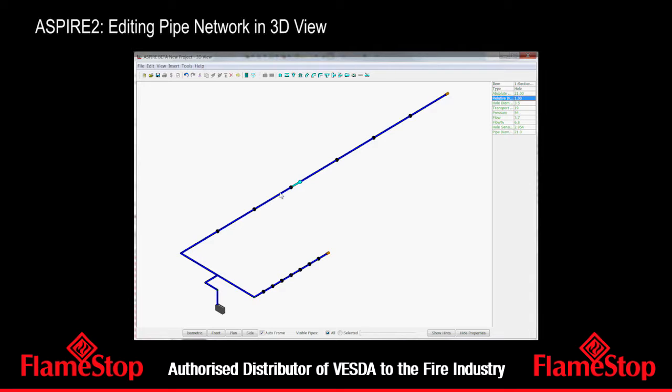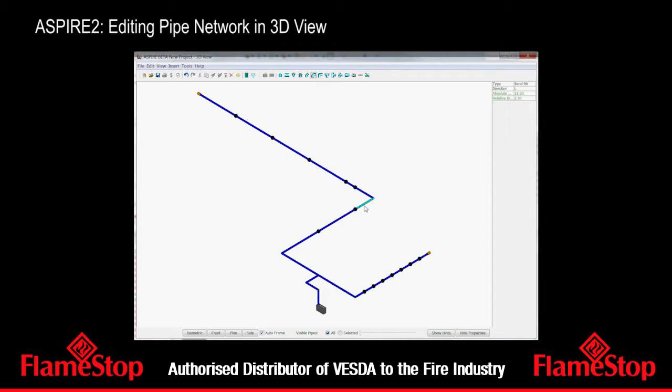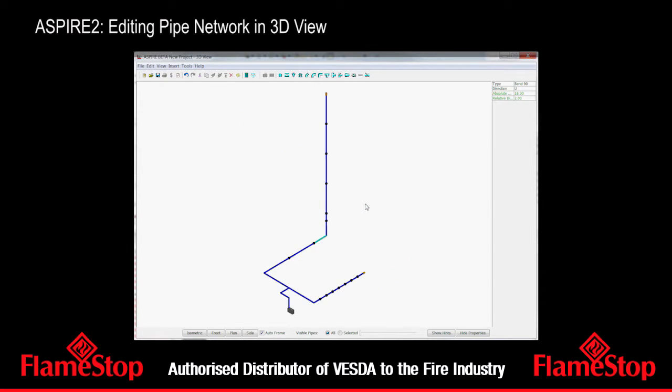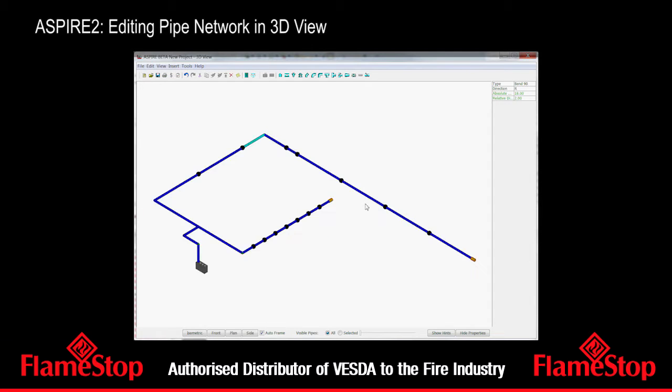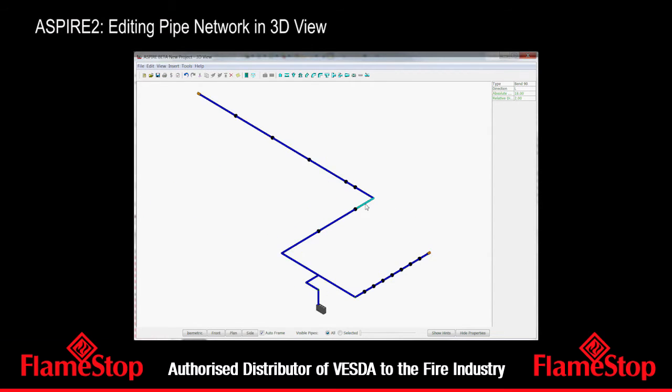We can insert items here, so again we can just go up here and we could put a bend in here, and we can change directions. If we've got this item selected, we can use keyboard shortcuts, so I can go up, go right, left, down,